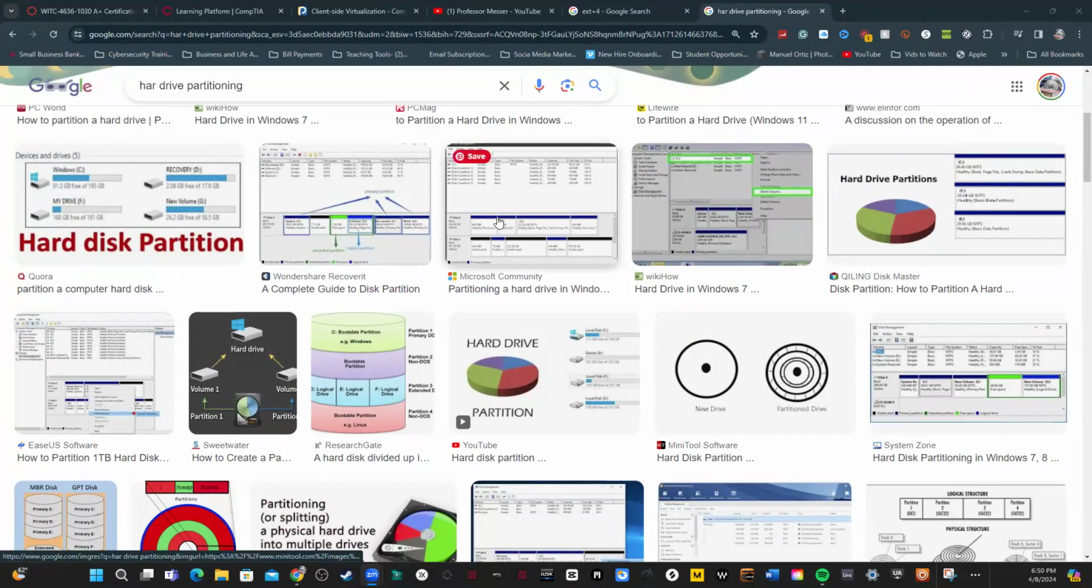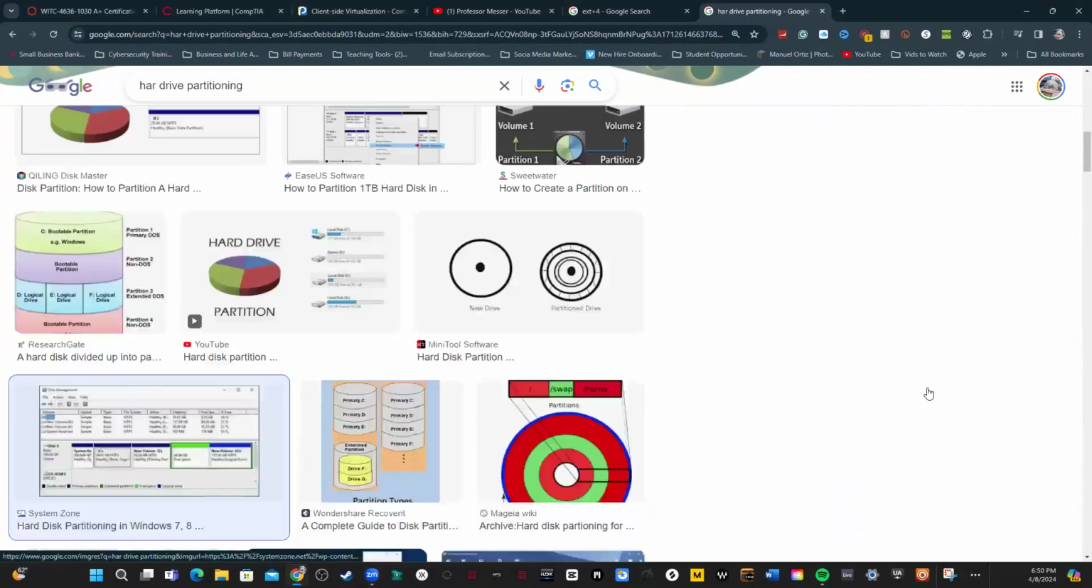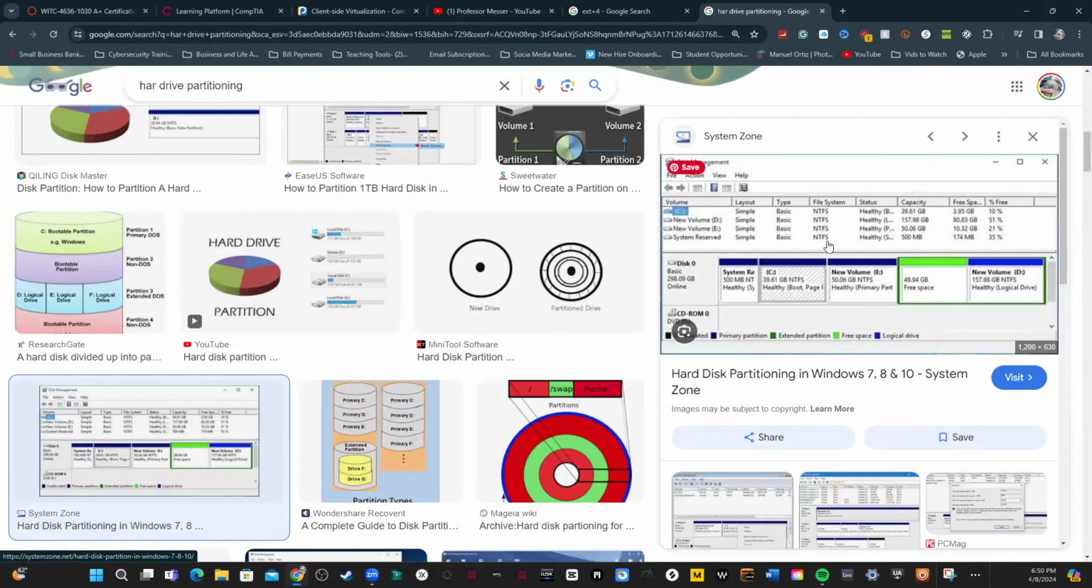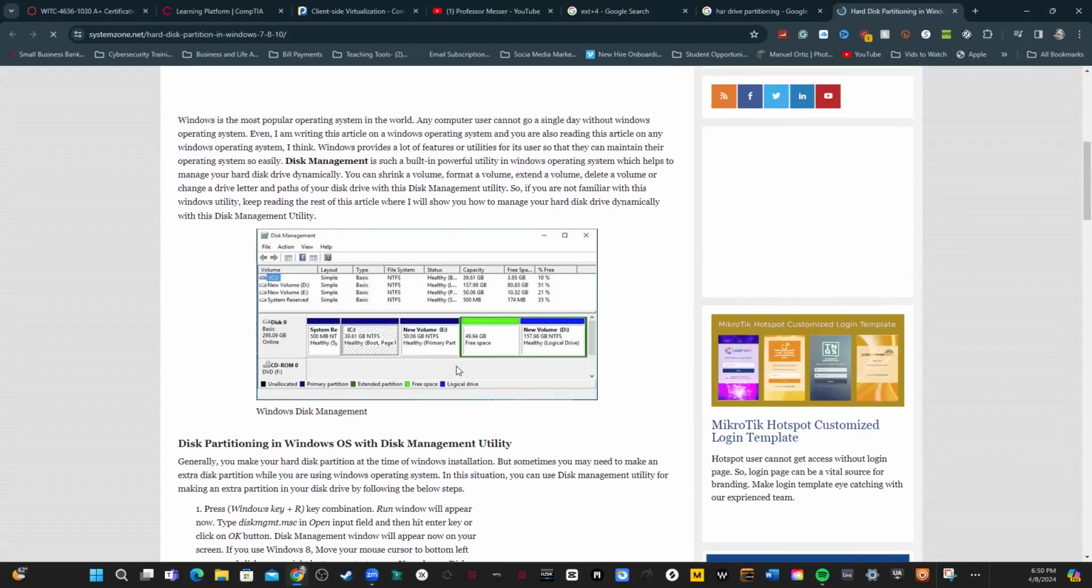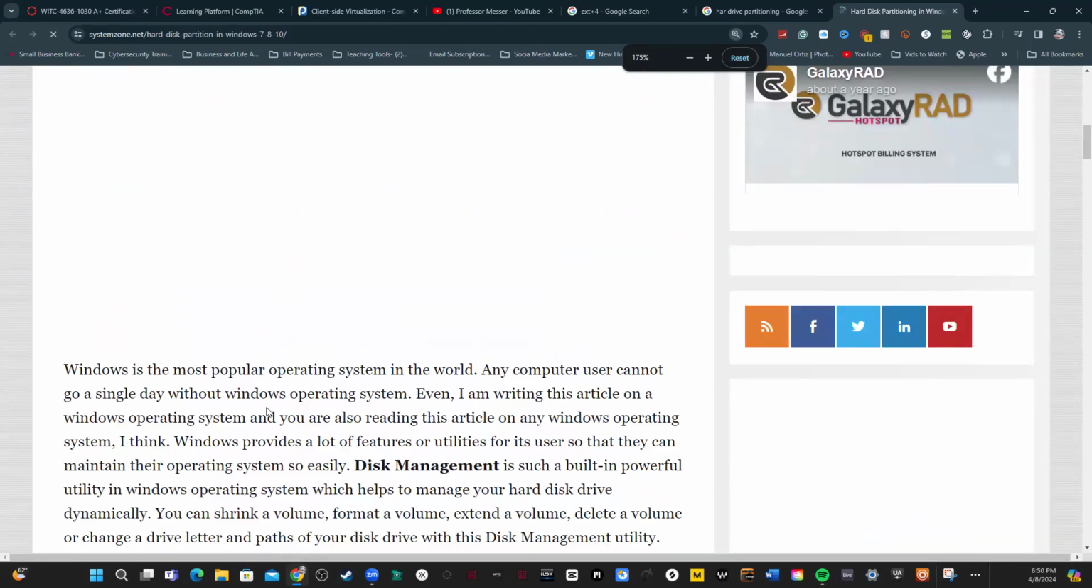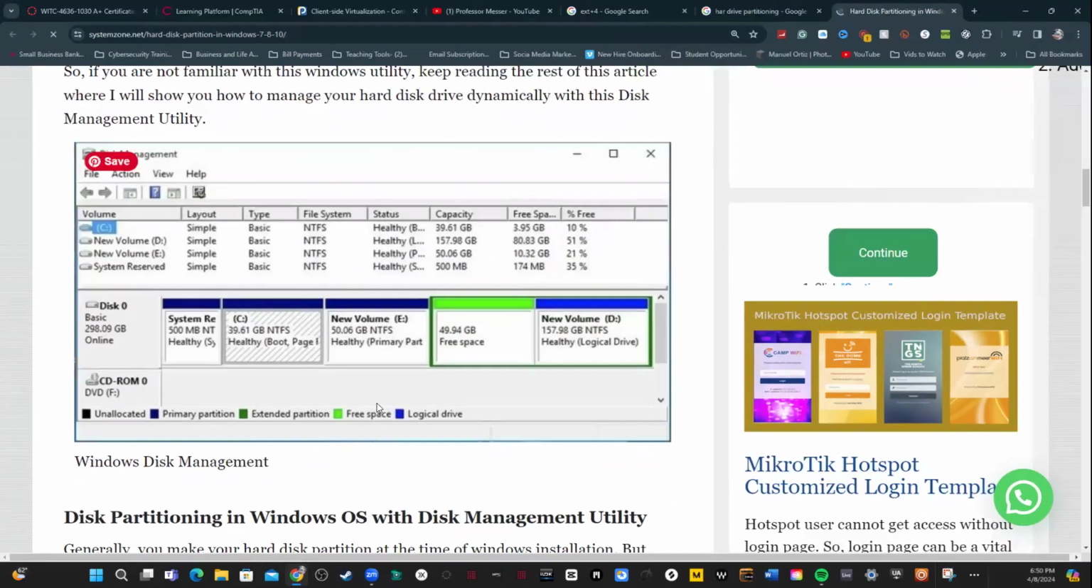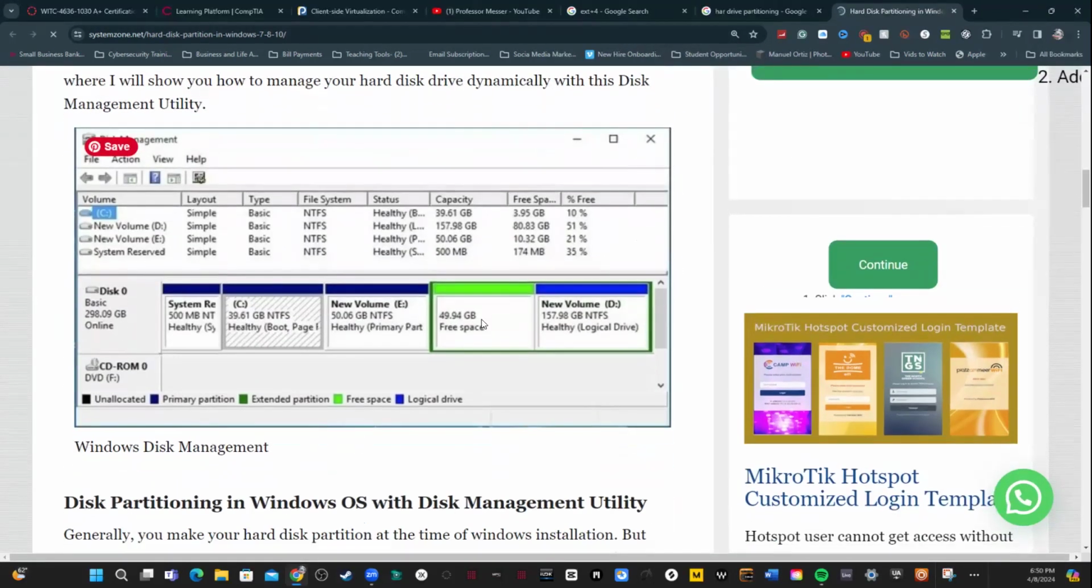Okay. So in most cases, when you partition your hard drive, it's going to look similar to this. So this is a form of partitioning. So now your hard drive is divided, and I'm going to see if I can find a larger image or make it larger. Okay, so when you partition your hard drive, you divide your hard drive into different volumes or what we call